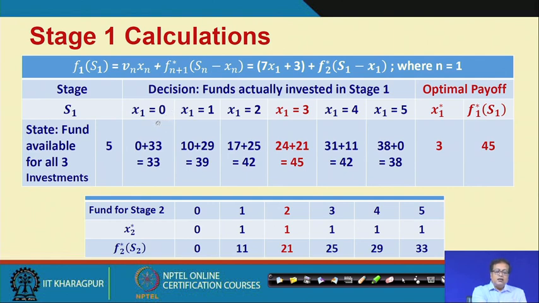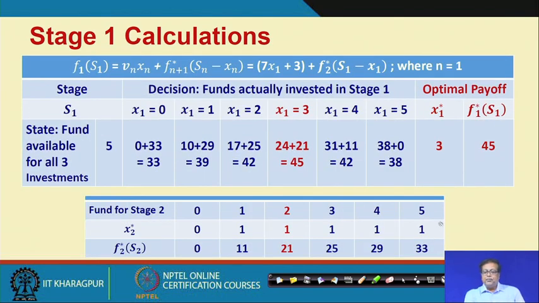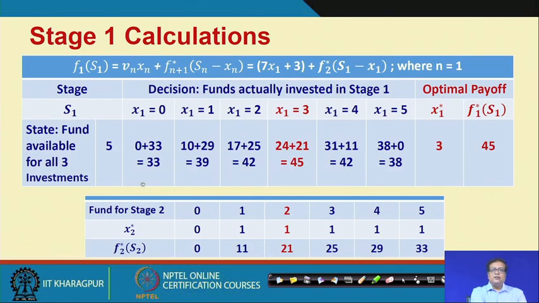the entire 5 you have spent in the remaining stages. If you spend the entire amount 5 at the remaining stages, then you are going to get an optimal profit of 33. Out of that you have spent 1 in x 2 and obviously the remaining 4 in x 3. Anyhow, those are different, but you have 33. So with x 1 equal to 0 you get 0 profit, because if you invest nothing you get nothing from that, but 33 from the remaining amount. So the total profit in this case would become 33.